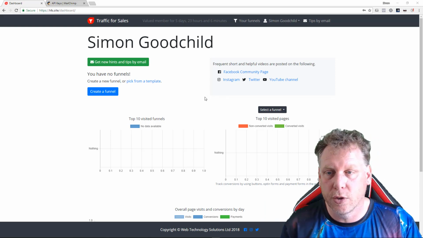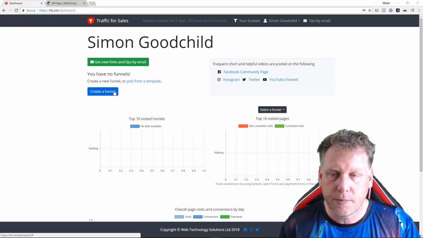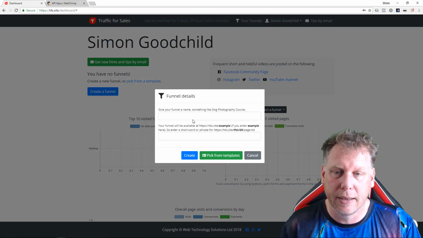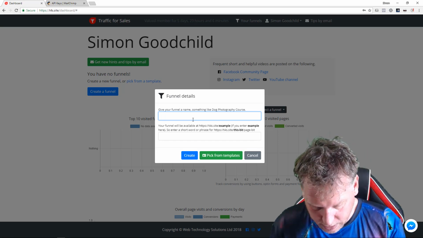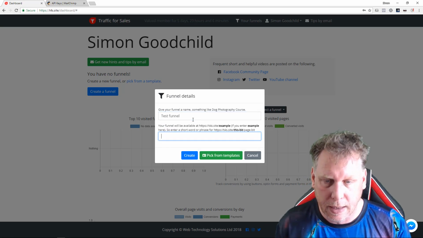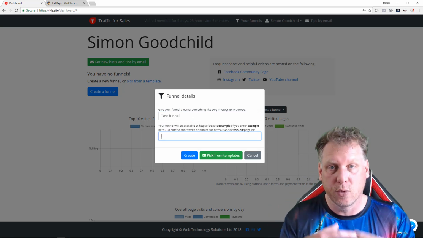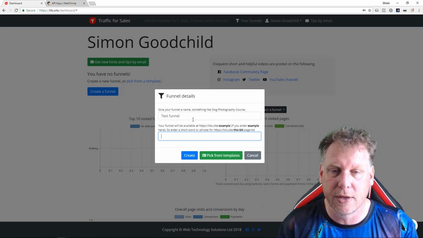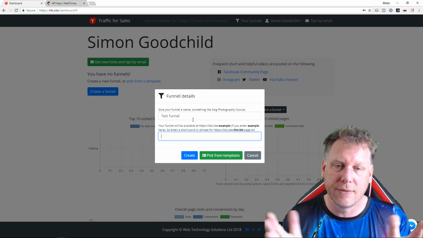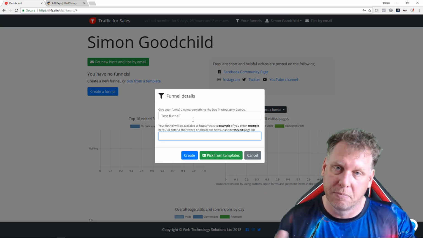Right, first thing you want to do is create a funnel. Click on the button and it'll ask you for a name. So let's just do a test funnel. Now the name is test funnel, that's what appears in Google and so on, Facebook and all the rest of it. And you need to give it a web address, the HTTP blah blah blah. So it'll be